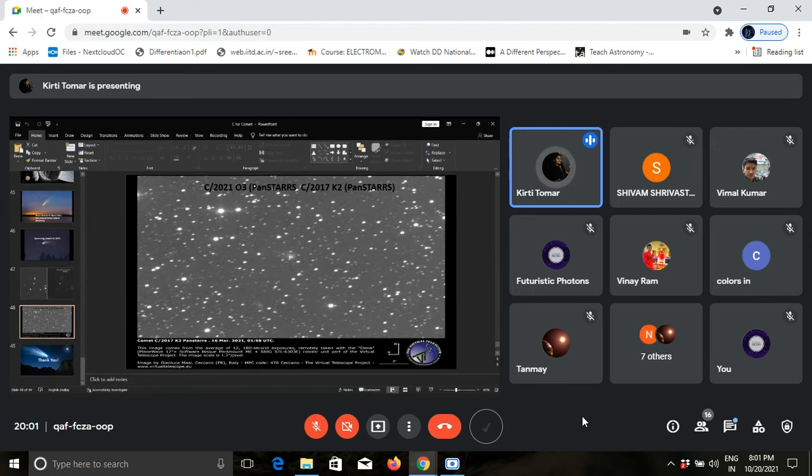This image comes from the average of 12. The details are given below in this picture. So these are the upcoming comets which will be visible to the naked eye from Earth.